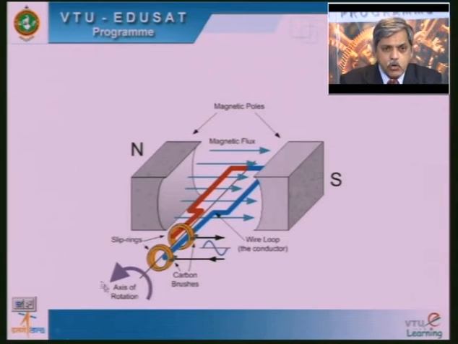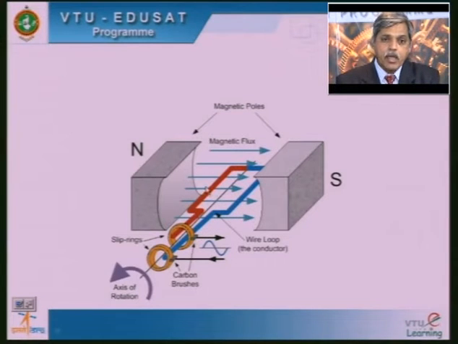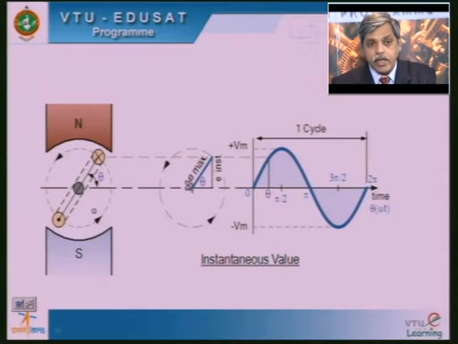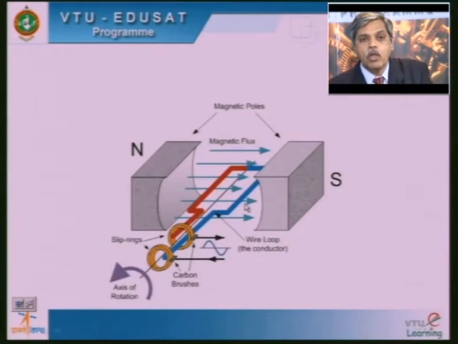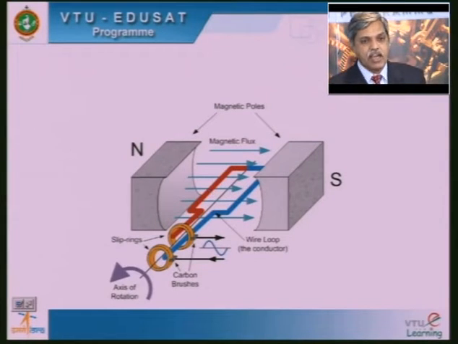As the coil rotates in the counterclockwise direction, you can see the conductor under the north pole moving in the downward direction, and the blue conductor which is on the south pole goes up, okay. After 180 degrees of rotation, the red conductor will occupy the position of the blue one, and the blue one will occupy the position of the red one. With further rotation, the blue conductor will be moving under the north pole, and the red conductor will be moving under the south pole. Therefore, during that time the direction of the induced EMF in the conductors gets reversed. That is why we get the negative half cycle in the coil, okay.